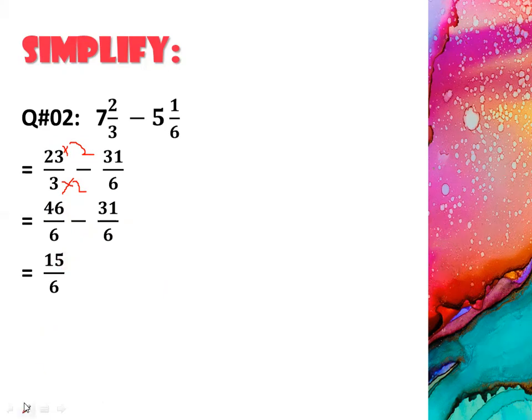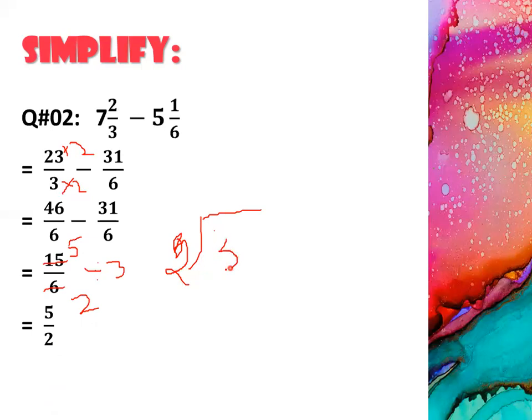Now as you can see that 15 is greater, that is your numerator. So simply you will convert it into the mixed fraction. Simply you will write 6 and, or what can you do? You can also divide it with the 3. Okay, how you will divide? You will simply divide it with 3, just like this. 3 into 5 is 15 and 3 into 2 is 6. Okay, now 5 and 2 cannot be divided further, so you will simply write it here. You are going to convert this 5 upon 2 into mixed fraction. Simply you will write here 2 and 5.